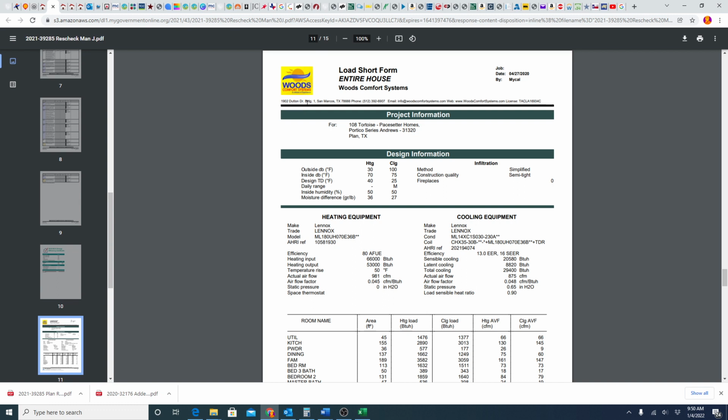So we'll move on to the manual J. Per TDLR, you need to have an address-specific manual J. And the reason that the manual J is required, it's been the energy code since 2000, it's been the mechanical code since 2000. But when the state of Texas adopted the 2009 and then subsequently the 2015 code, TDLR took purview over these. And it's actually a state requirement that you gather these with all of your residential plan reviews,